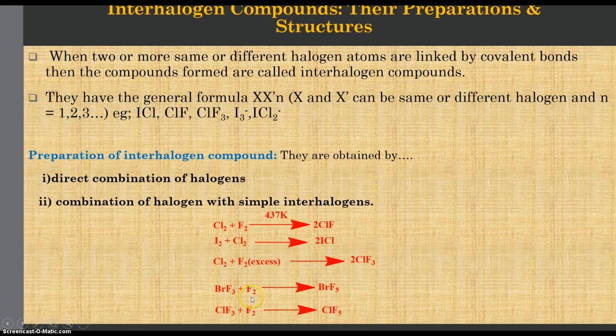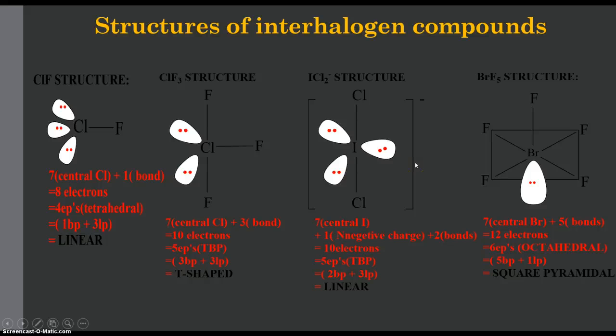It is reacting with a halogen atom F2 and giving you a new interhalogen compound ClF5. Okay, so these are some preparations of interhalogen compounds. Now let's discuss the structures of these interhalogen compounds on the basis of VSEPR theory that we have already learnt